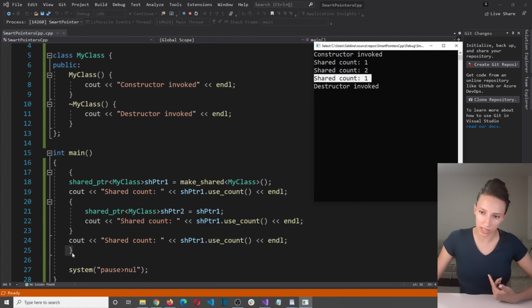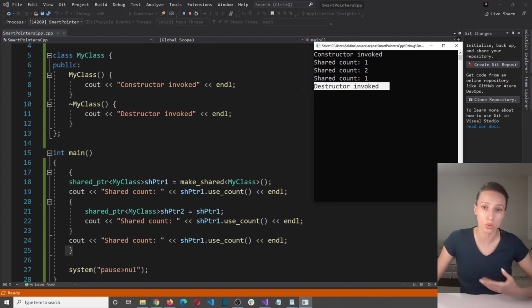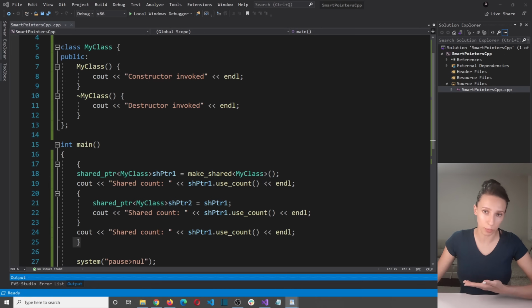And then when we left this scope here, which is the scope of that last owner, we are going to destroy that memory location, which means that we are going to deallocate that memory so that other programs and other applications can use it. So that was related to shared pointers in C++, and now I'm going to teach you